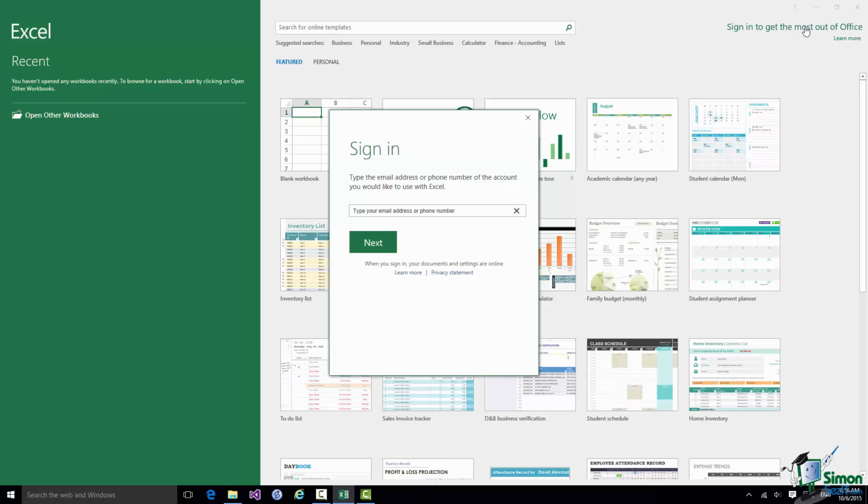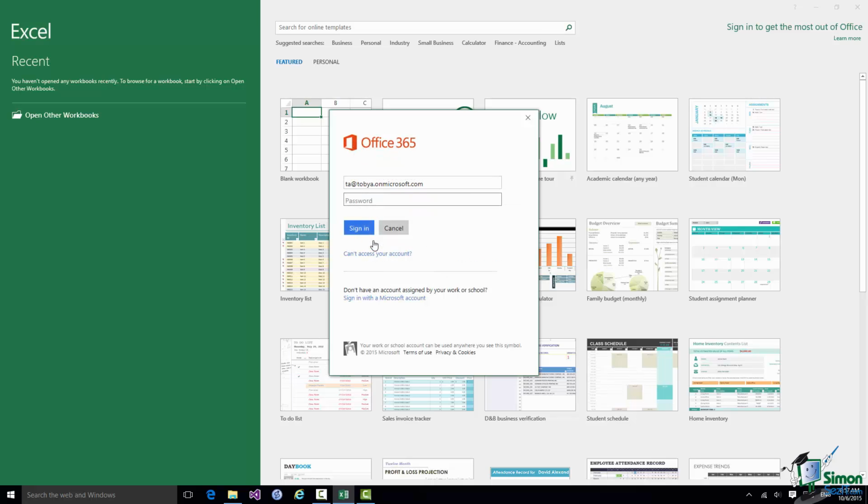So put in my email address. Now before I go any farther, you'll see that email address quite a bit actually during the course. I should point out that is not a monitored email address. I don't reply to emails on that email address, so it's not even worth trying to send me an email because I won't reply to it. It's only used to access this Office 365 version of Excel 2016. So having put in my email address, now my password,